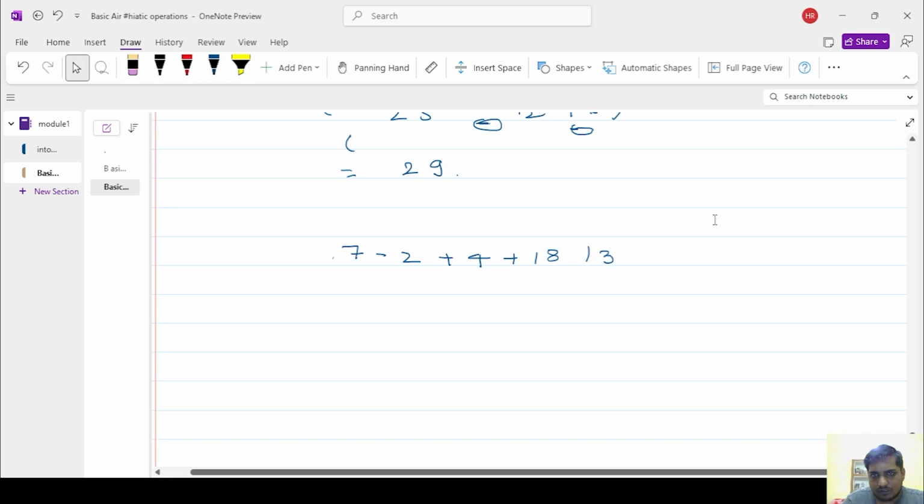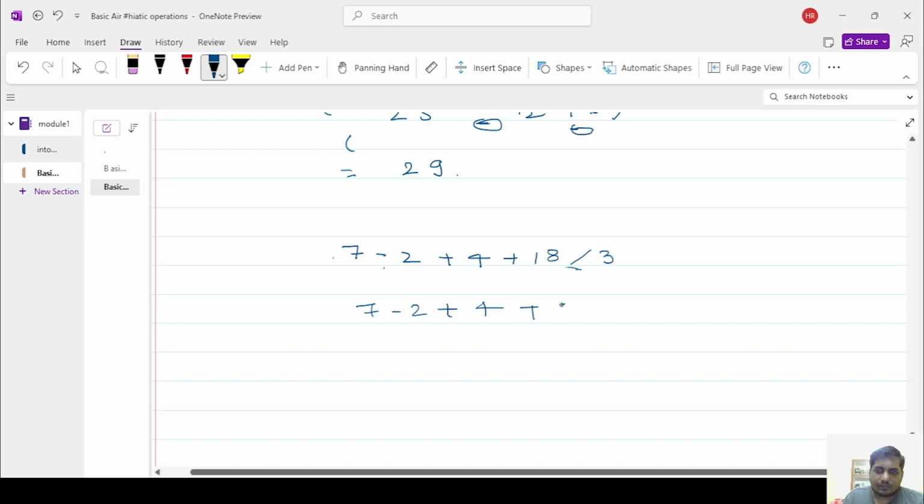If we do this, first we check which one is greater according to the rank. Division is greater, so first we will solve the division. Here 7 minus 2 plus 4 plus 18 divided by 3,